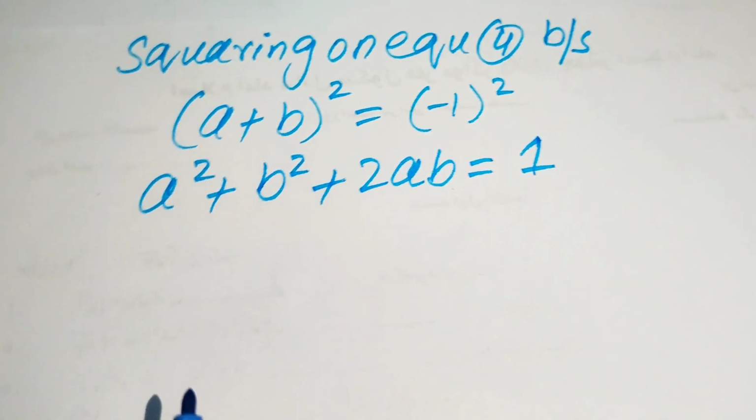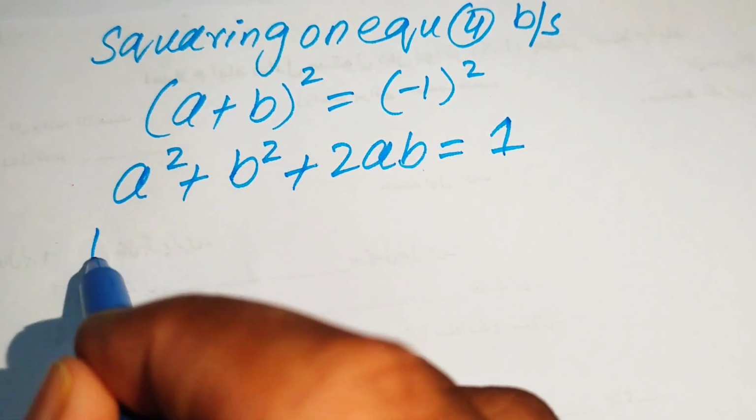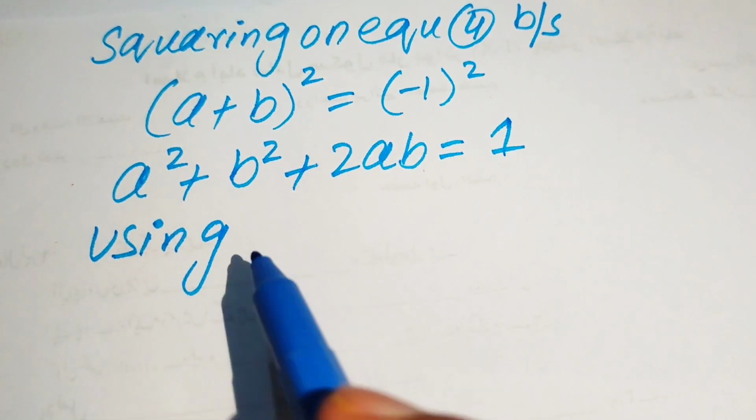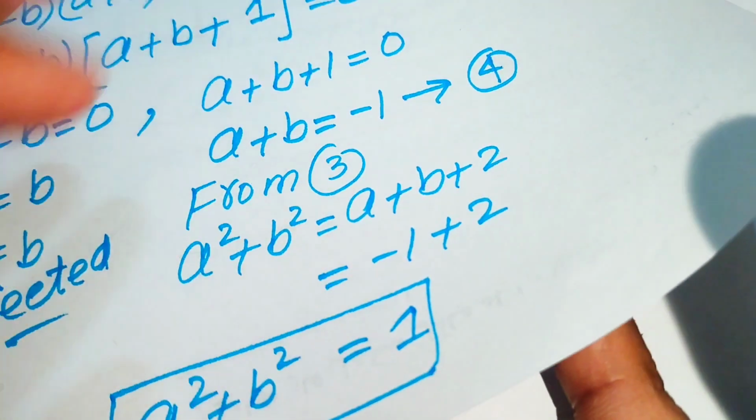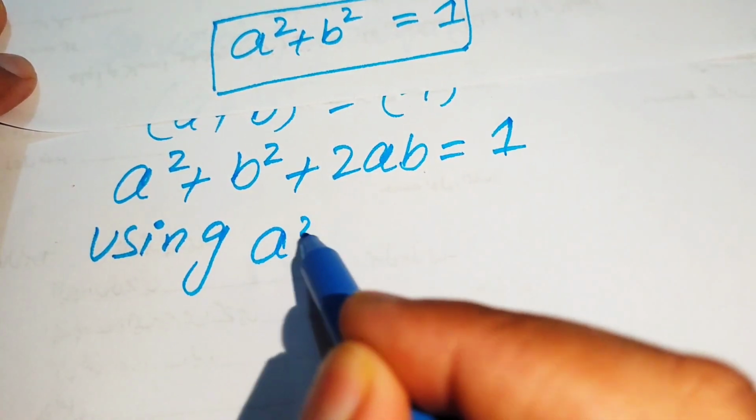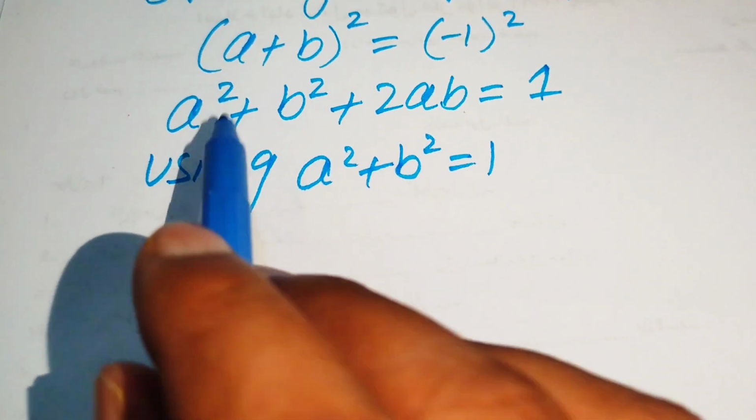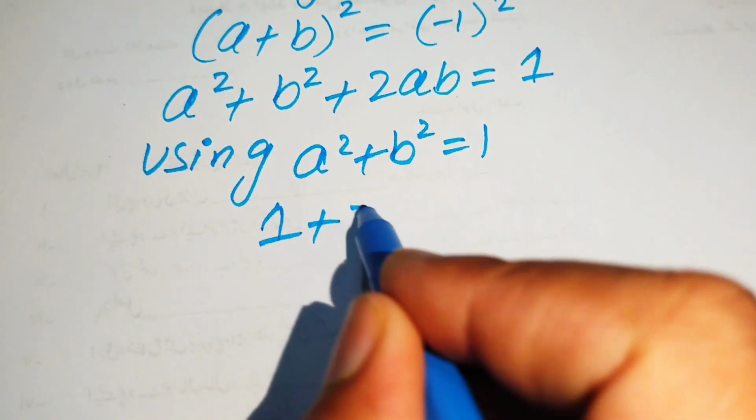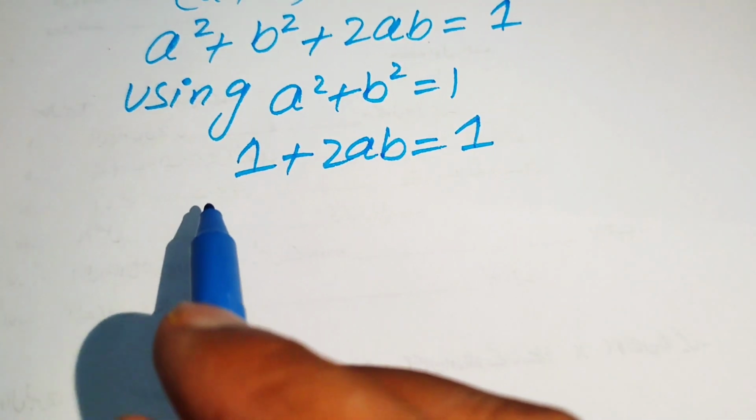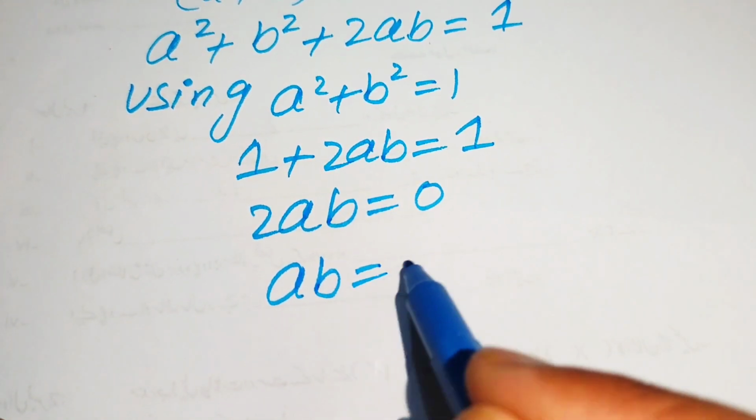becomes plus 1. So here we use the value of a square plus b square, which is our equation number 3, equals to 1. Here we get this value, a square plus b square is 1. So we substitute this value here, and it will become 1 plus 2 times of ab equals to 1, and here we easily get the value of 2 times of ab is 0, and finally we get ab equals